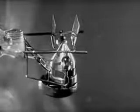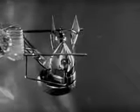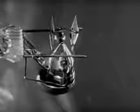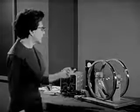The source of electrons is a heated cathode at the bottom of the gun. The electrons are accelerated upward by a potential difference applied between the cathode and the cone-shaped anode above it. The accelerating potential we read on this